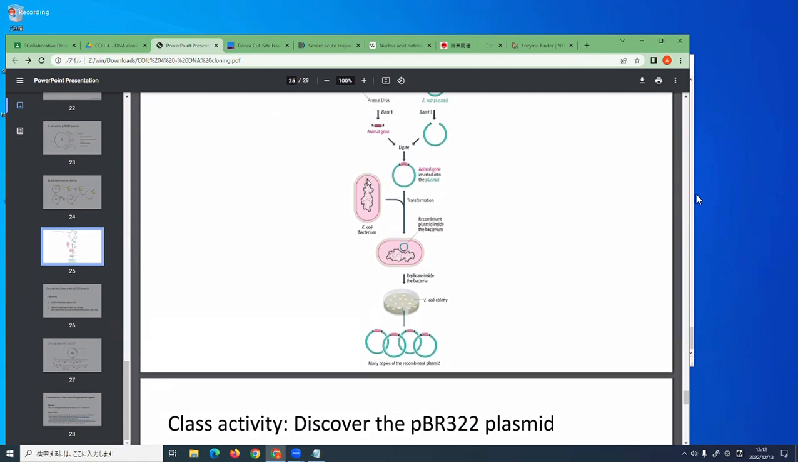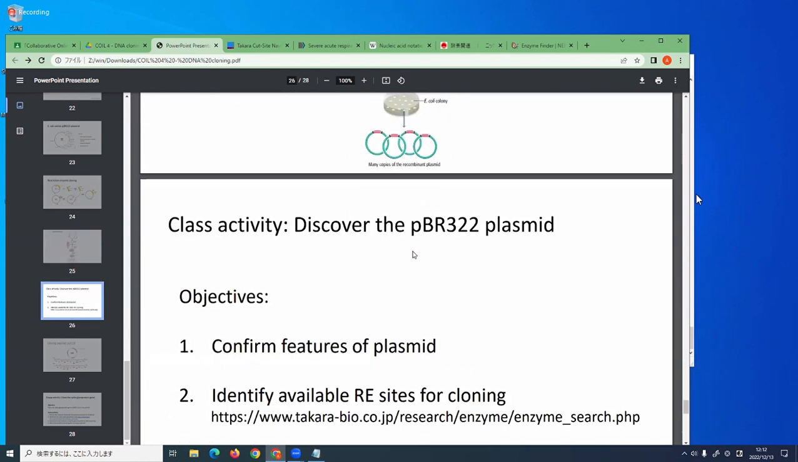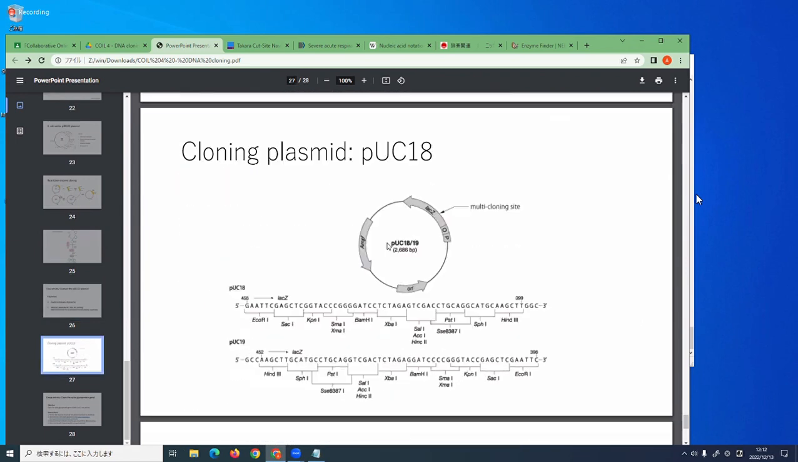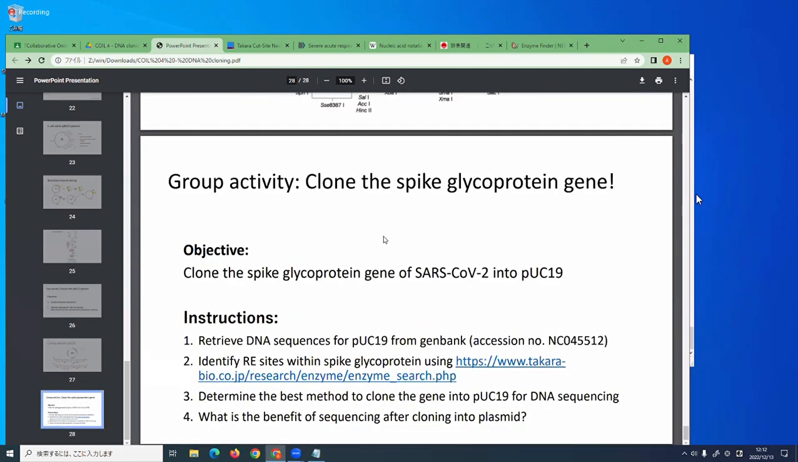The DNA that we'll be using is the gene of a glycoprotein. You add the linkers, do a restriction enzyme digest on both, and then add ligation, and then to this point, right? Insert it, transform into E. coli, and then you'll get a lot of plasmids after that. So that's our objective. So for this week's group activity, you will clone the spike glycoprotein gene